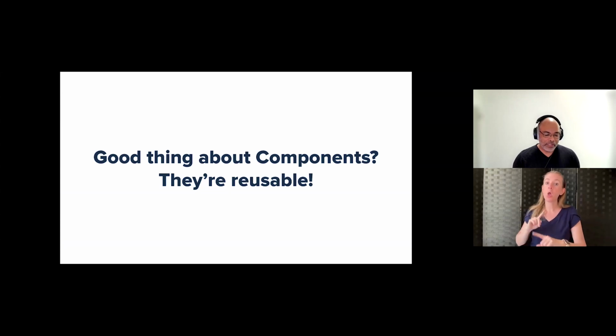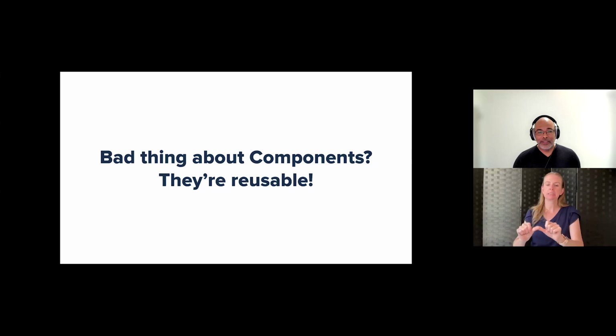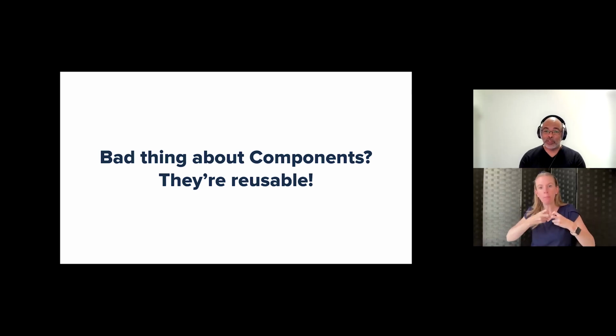And when you have a design system and its components and all its patterns, the really good thing about having a design system with these components is that all the components are reusable. It makes swapping things out easy. It makes sure that you have consistency throughout your application. But the bad thing is that they're also reusable, which means that if you build something incorrectly and you start to populate the rest of your application with it, you're going to take those same issues and replicate them over and over and over again.